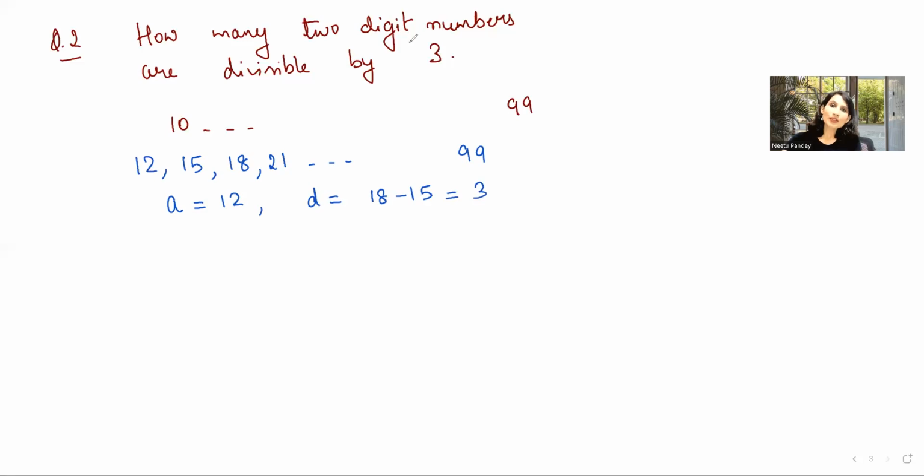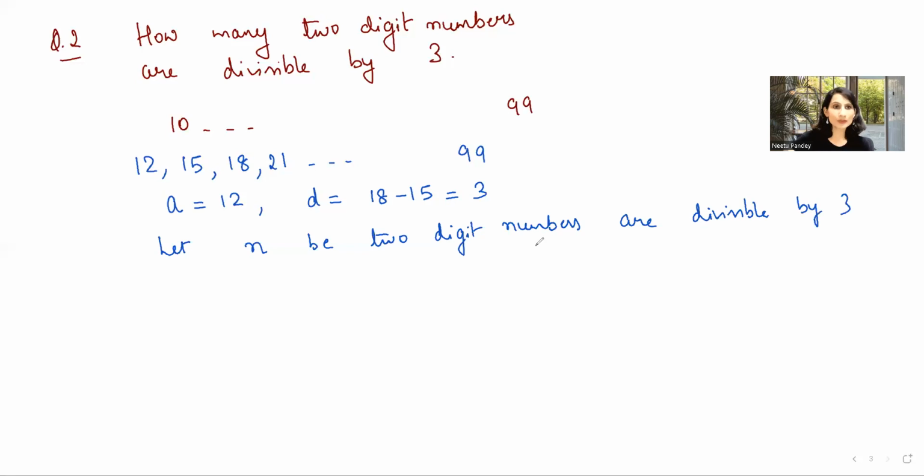So how many 2-digit numbers? Let n be 2-digit numbers divisible by 3. मान लिया कि n नंबर्स हैं जो कि 2-digit numbers वो हैं जो कि डिविजिबल हैं 3 से. जब भी आप कोई वेरिएबल लेते हो ना अननोन शो करने के लिए, so it's very important you define that variable. डिफाइन मतलब वो n जो वेरिएबल यहाँ पे मैंने n लिया है तो वो n किसको रिप्रेजेंट कर रहा है, उसका क्या मतलब है.